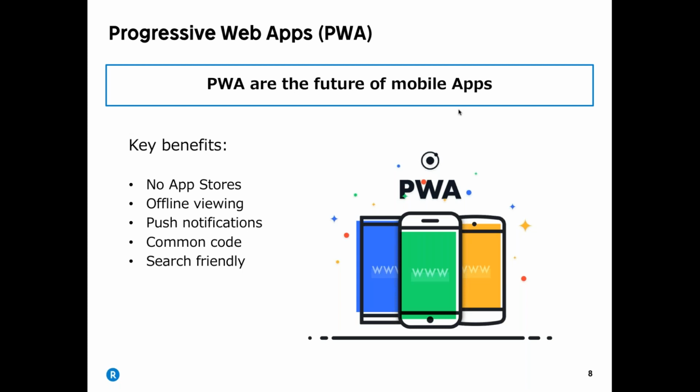a single code, a single common code for all platforms. While when you develop for iOS, for instance, you need to develop in Objective-C, Swift languages. When you develop for Android, you need to develop in Java language. When you need to develop for Windows, it's .NET most of the time. So instead of all these specific languages for specific operating systems and platforms, in that case, it's a single language, which is the main standard web language based upon HTML5, CSS3, and JavaScript. So a single code, which is also giving the capability for web developers to develop apps, which is a good